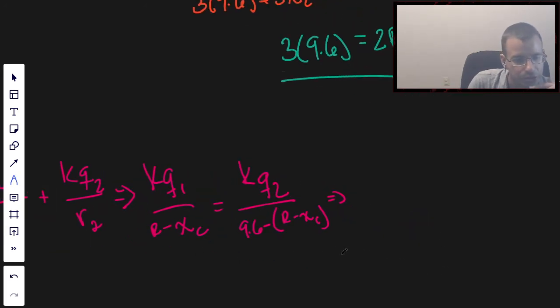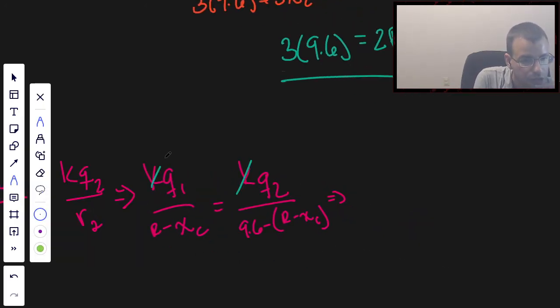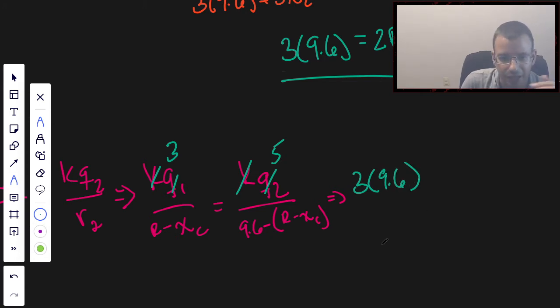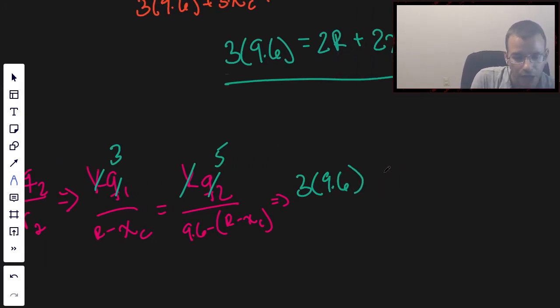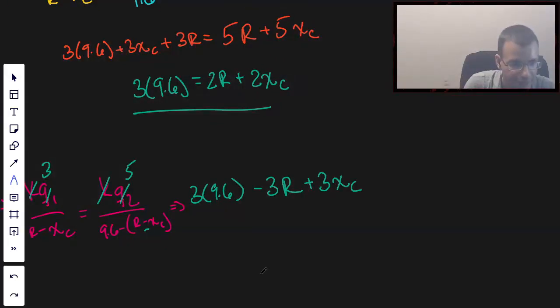Flipping this around, so the K's go away. Q1 becomes 3, Q2 becomes 5. So we have 3 times 9.6, we're going to cross multiply again, minus 3R plus 3xc. We've got the double negative here. 1 negative, 2 negatives. Equals